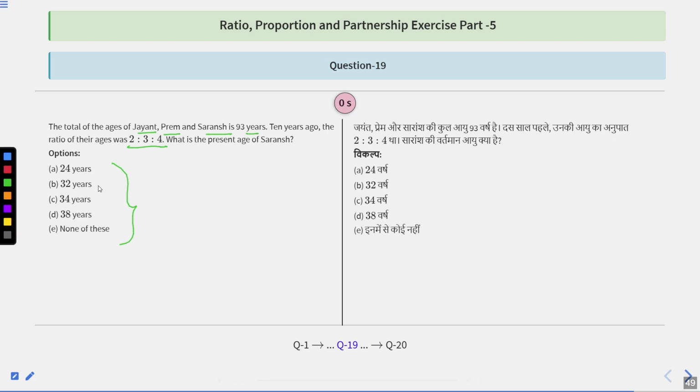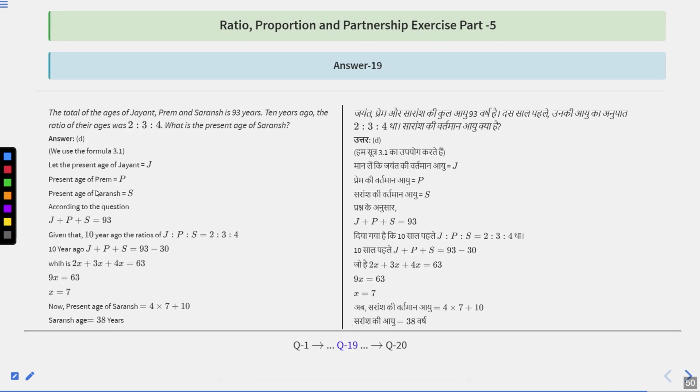Now time's up. Let's see the solution. Let the present age of Jayant be J, of Prem be P, and of Saransh be S. So according to the question, J plus P plus S equals 93. Given that 10 years ago, the ratio of Jayant, Prem and Saransh was 2:3:4. So 10 years ago, the total of the ages will be 93 minus 30,